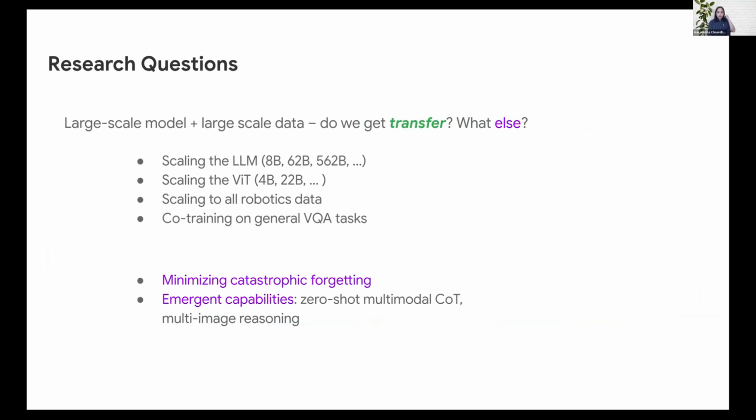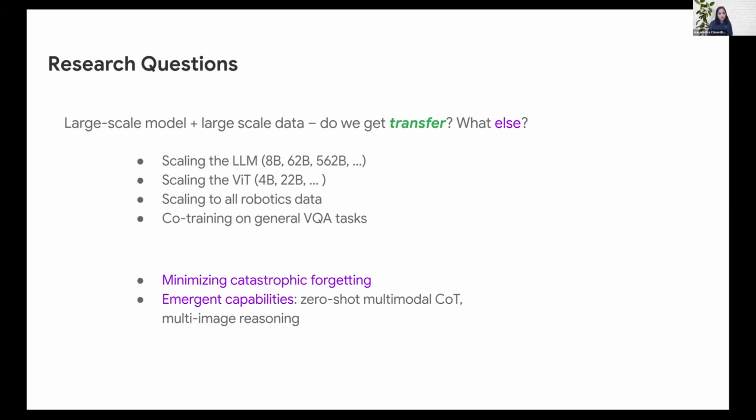Now, a very interesting aspect of this particular line of work that is worth noting is how much data we need for the model to learn these capabilities, because data collection in robotics is incredibly a lot of work. So one of the research questions that PALM-E answered was: if you scale up the model size, both on the large language model side, and these sizes are for the original PALM model, and you scale up the vision transformer, and you feed it a lot of data, so you basically give it all the robotic data, and you also train jointly with visual question answering tasks, that is the internet scale data, will we get transfer?